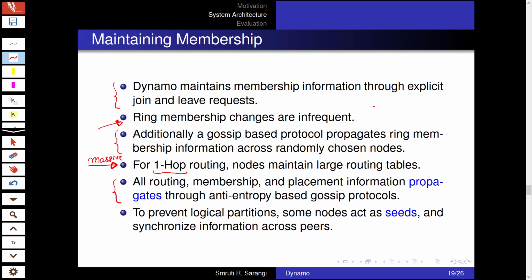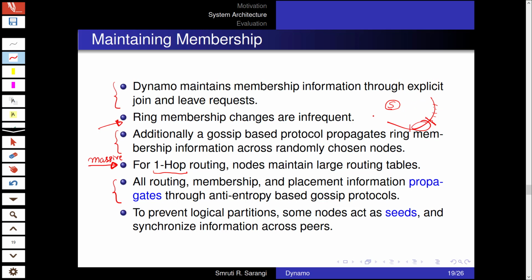Of course, it is possible that logical partitions in a ring can get created because of lost messages, which basically means that these nodes have no idea about nodes that are in another partition, right? So this information got lost. So we have some seed nodes that act as global directories, which have exact information about each of the nodes in the network.